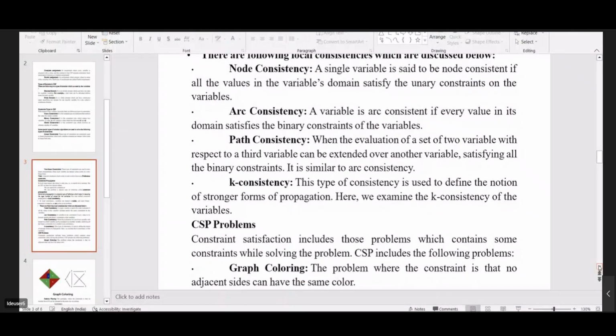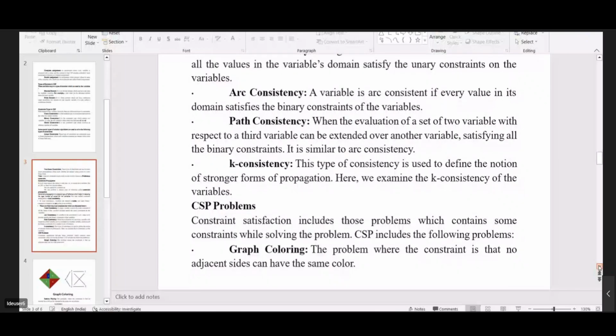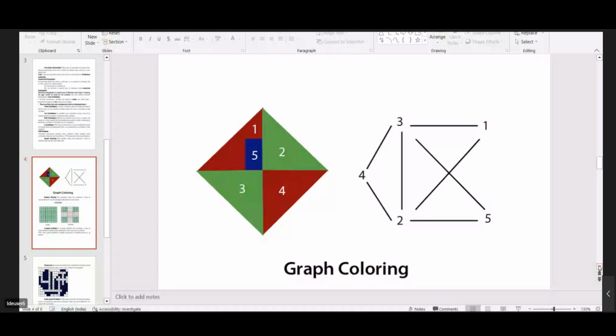And what are the different CSP problems? So you have to know all the terms here. What is the relation, how the variable will be, how the domain will be, all those things. That is what we are seeing right now. And then the next one is, what are the different CSP problems we have? So we have the graph coloring problems. That is, neighboring ones should not be the same. And then